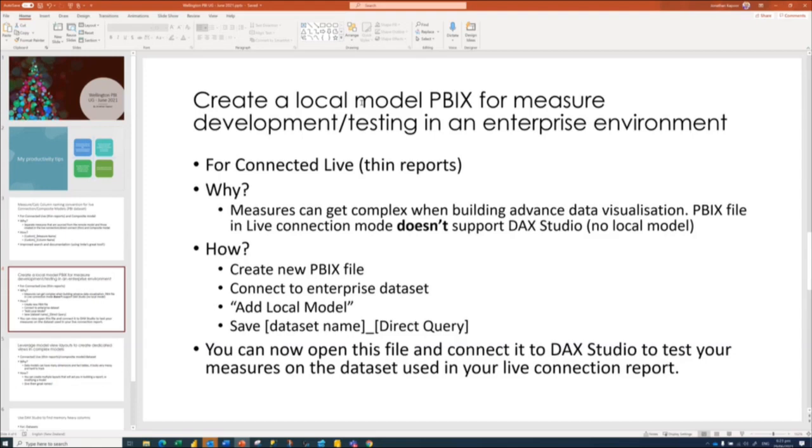What is a thin report? So a thin report is just a report that doesn't have any data in it. It's connected to a data set published in the Power BI service,